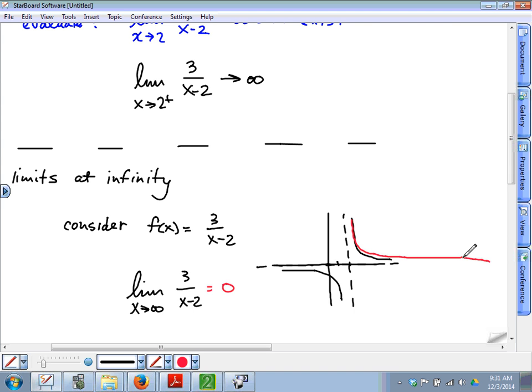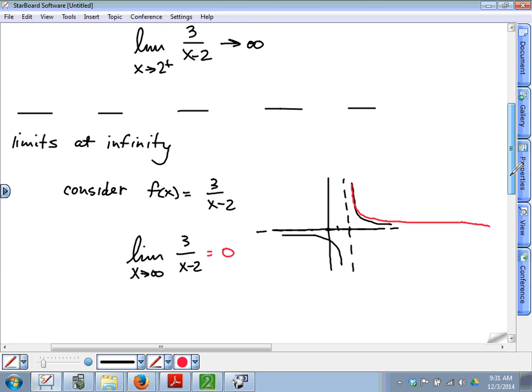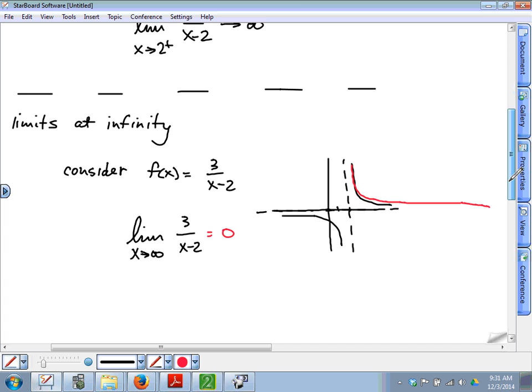And as x gets sufficiently large, and in this case tending towards positive infinity, this graph is approaching 0. Okay. Does it ever reach 0? No, but it gets closer and closer and closer to it. It approaches 0. So as x approaches infinity, f of x approaches 0 is how you would read this. Okay. Now,